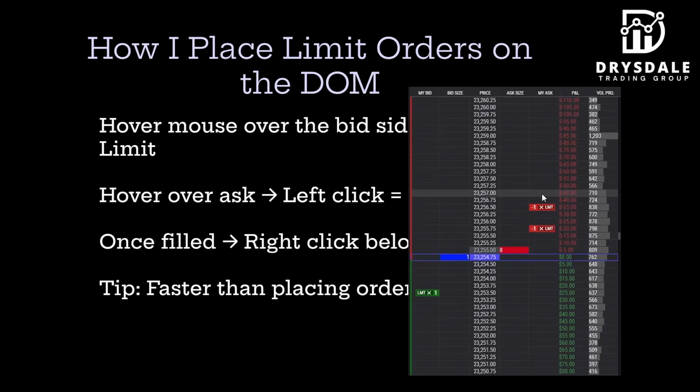I hover my mouse over the left-hand side of the bid, and with one left click, I place a buy limit order. If I want to short at resistance, I hover over the ask and I left click at that price level and my limit order is in. Once price comes up to my limit order and hits it with a market order, I'm filled. Then I immediately left click below or above to place my limit order to get out,